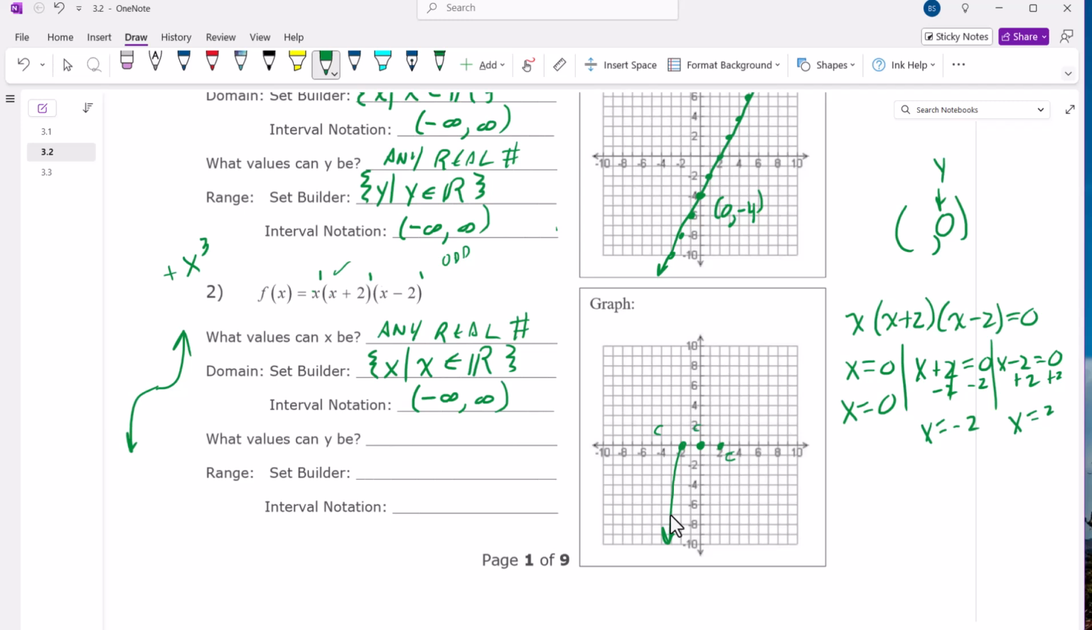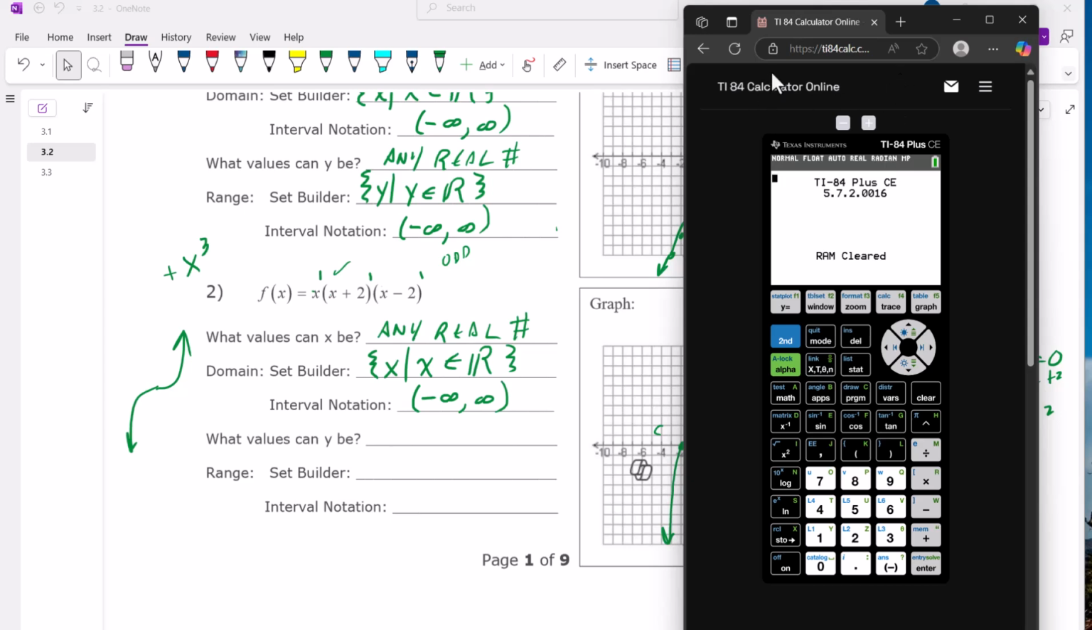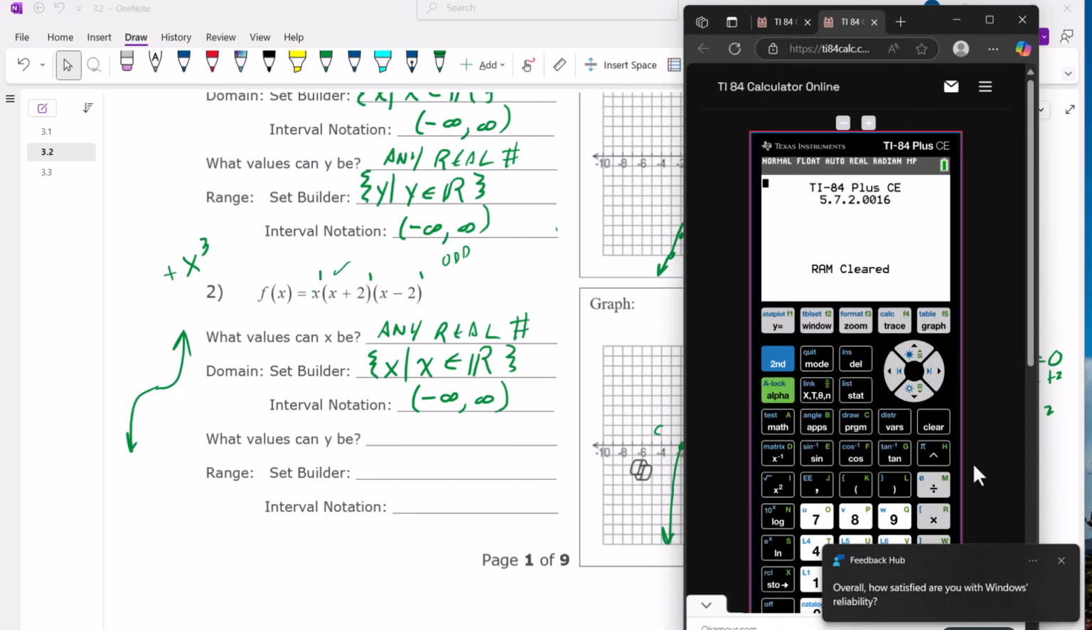Okay, so we get this a little bit more in depth. Your graph's going to look something like that, I promise you. So let me just pull up the graphing calculator and I'll show you what I'm talking about. Okay, so if I go through and put this in now,